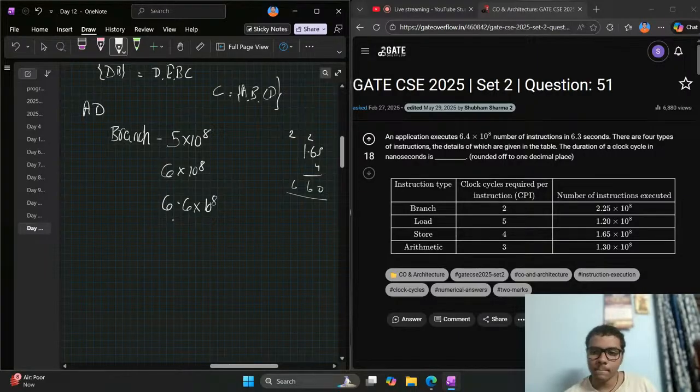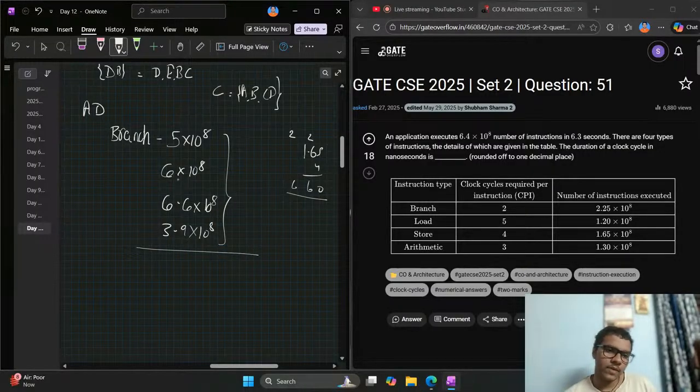And 13 3s are 39, so 3.9 into 10 power 8. It is going to need these many clock cycles. So the duration of the clock cycle. So it is going to need how many? 5 plus 6 is 11. 11 plus 6.6 is 17.6. 17.6 plus 3.9 is 21.5 into 10 to the power of 8